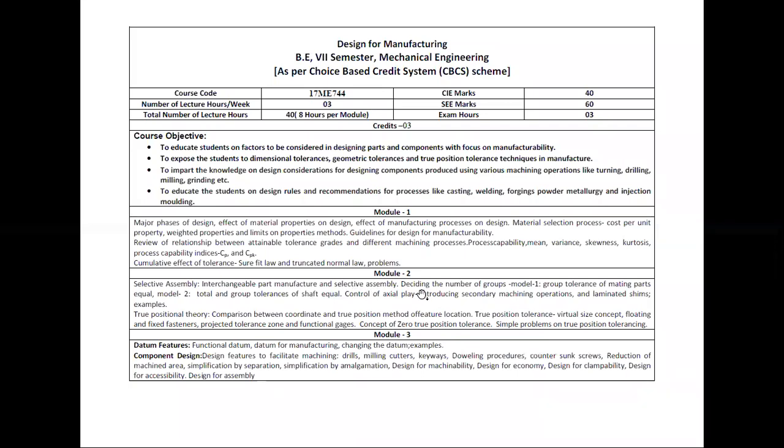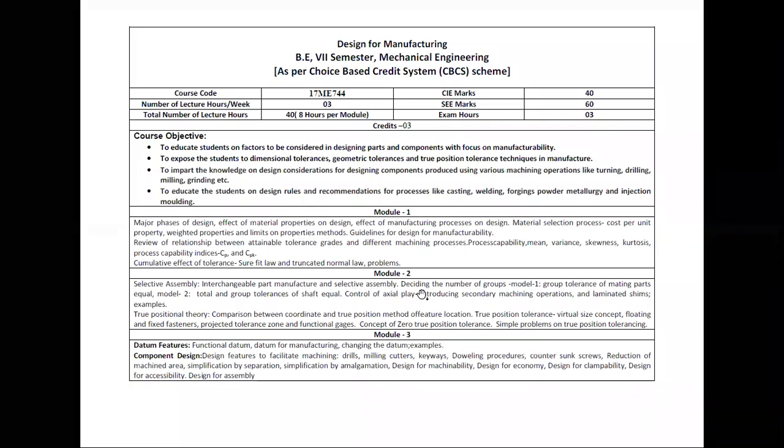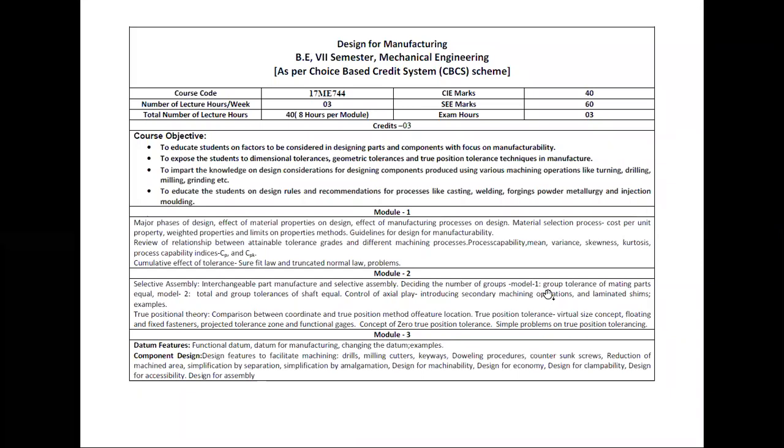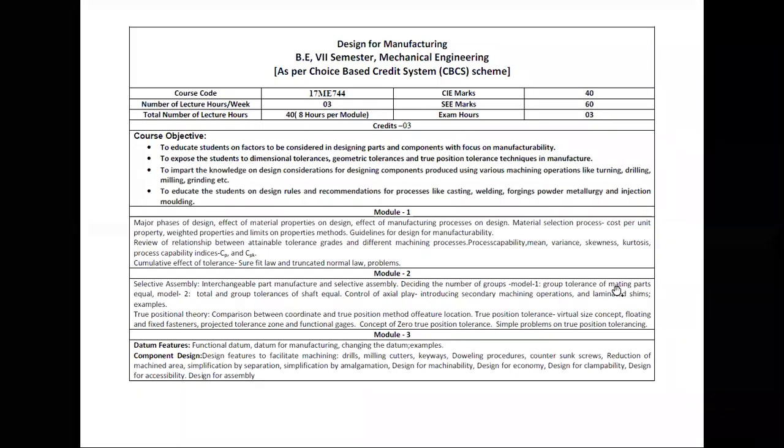In this, two methods are there, that is deciding the number of groups by using model 1. By using model 1, in this the group tolerance of mating parts will be seen, and in model 2, that is total and group tolerance of the shaft equal, we are going to study by using model 1 and model 2.